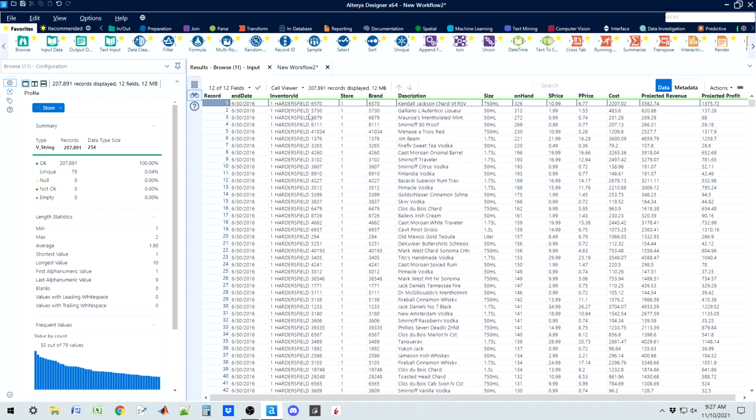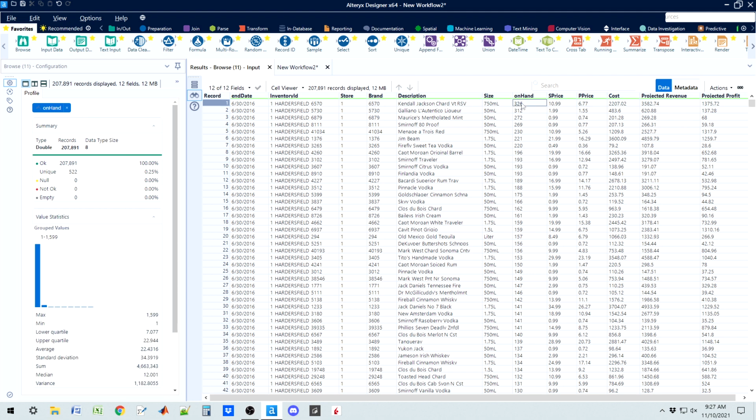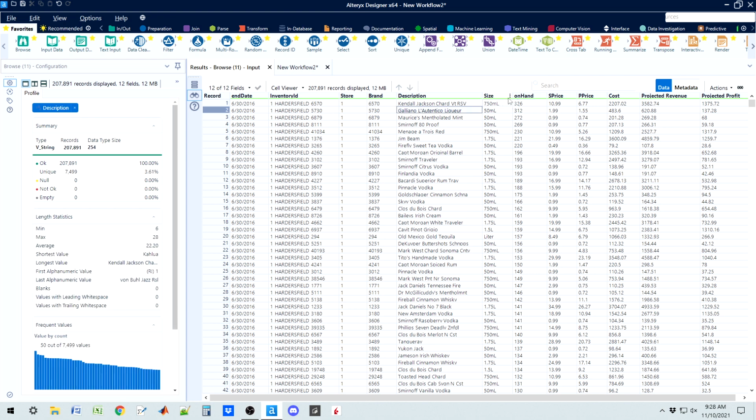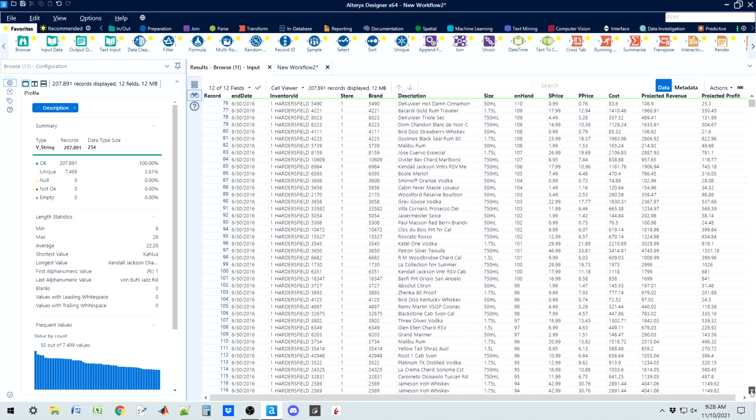So this particular product, Hattersfield 6570 is the brand. Kendall Jackson Chardonnay, I guess, is the type of wine. We have 326 units on hand of that product. We sell that wine in a 750 milliliter bottle. The next item, we only have 312 units on hand of this particular product in store 1. And you see we've sorted first by store and then by the on-hand variable. And then when we move to the next store, when we get down to store 2,